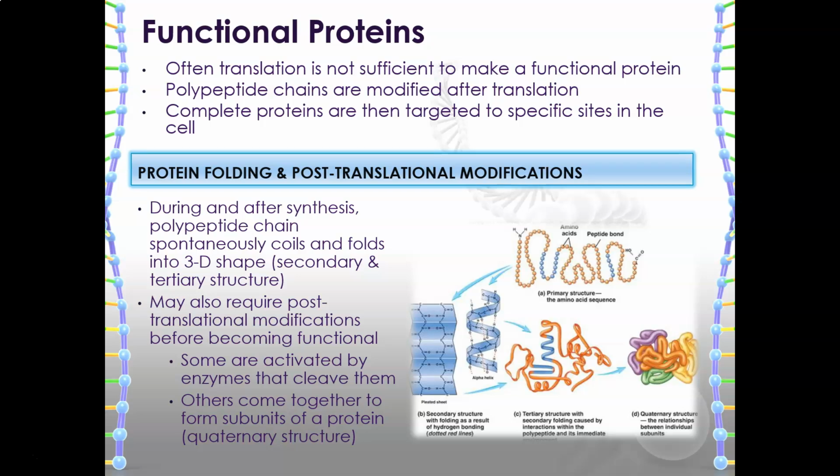And it may mean that the polypeptide chain that is produced after translation isn't the end. There are some additional situations where post-translational modification to that polypeptide chain still happens, and we need to be able to complete those proteins by whatever means that might be. So additional enzymes might cleave certain ends. We may need to bring those polypeptide chains together with other polypeptide chains.